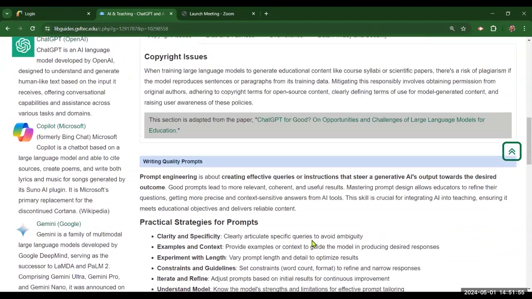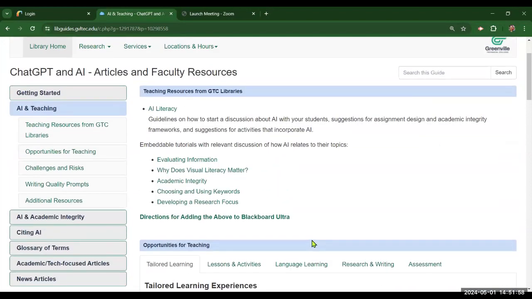All right, so I will scroll back to the top. To help teach students how to use AI ethically in the classroom and in the workforce, you can use these tools in the teaching resources from GTC Libraries box. I'll talk about that AI literacy link in just a moment, but please notice there is a link to our embeddable tutorials below this. So you may have heard us talk about our Credo tutorials before. They can be embedded into Blackboard. Directions for doing so are in this link down at the bottom. But what they've done is they have now included relevant discussion about how AI relates to the topics in these tutorials. If we look at this AI literacy link,